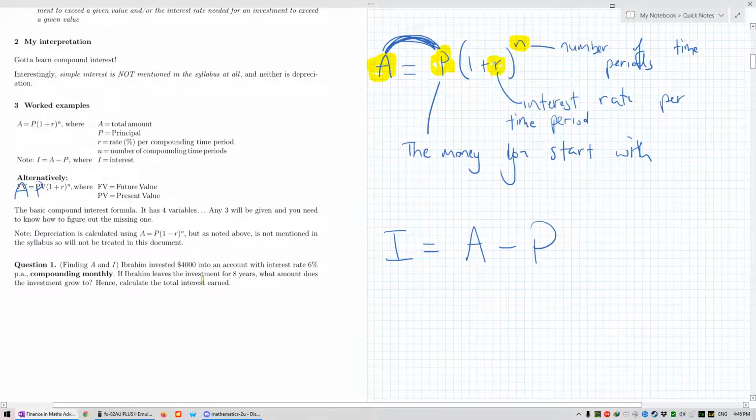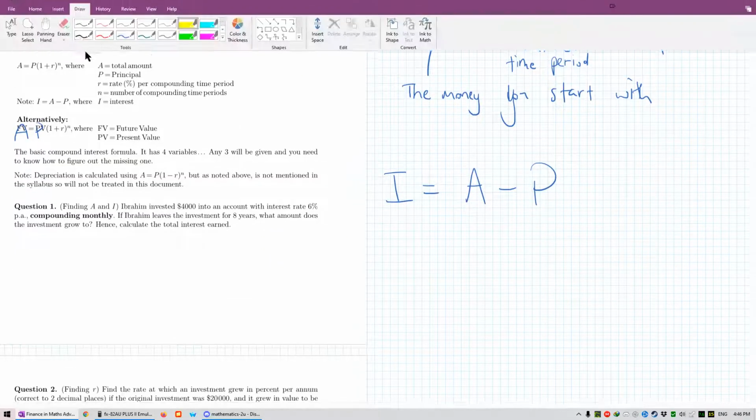Ibrahim invested $4,000 into an account with interest rate 6% per annum, compounding monthly. If Ibrahim leaves the investment for 8 years, what amount does the investment grow to? Hence, calculate total interest earned. Okay, so